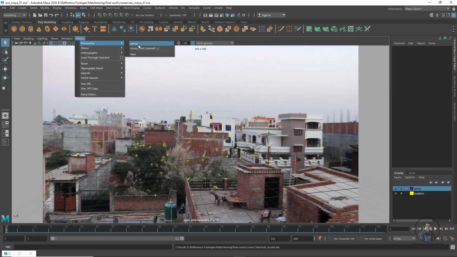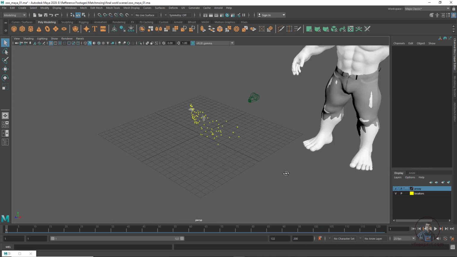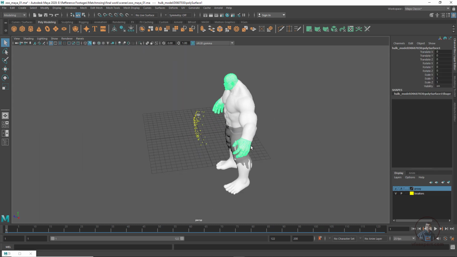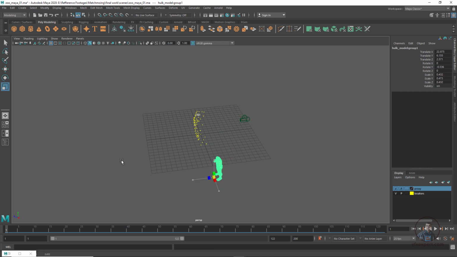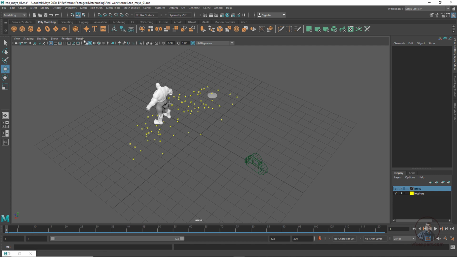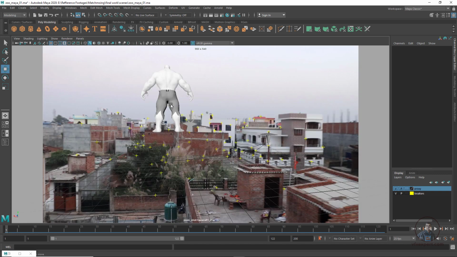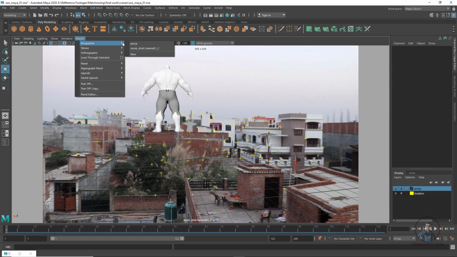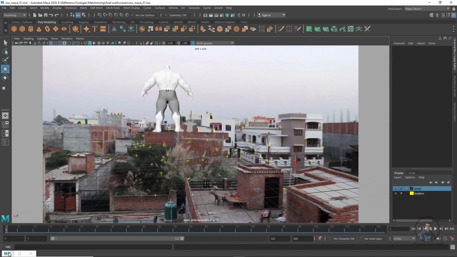Then come into our perspective view here. You can see this is our model here. Then select it, press up arrow, resize it a little bit, press W, hold V and snap onto any point like this. Now come into our camera view here. If you want to rotate your object a little bit, or orient your scene, you can do that. A little bit I am going to orient our scene.